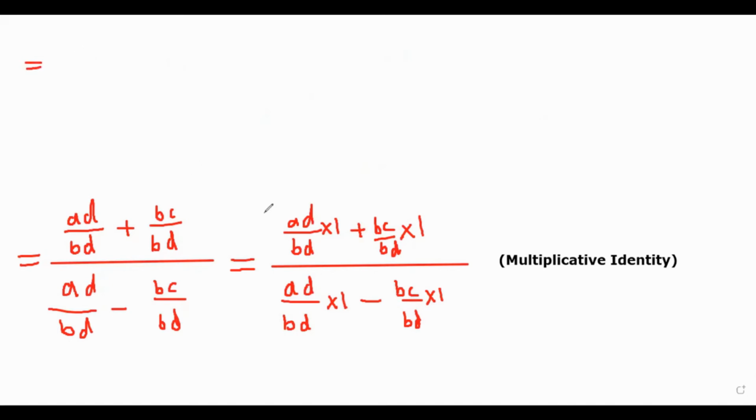Let's see that AD by BD multiplied by 1 can be written as AD multiplied by 1 by BD. Why? Because we have a property of the real numbers,